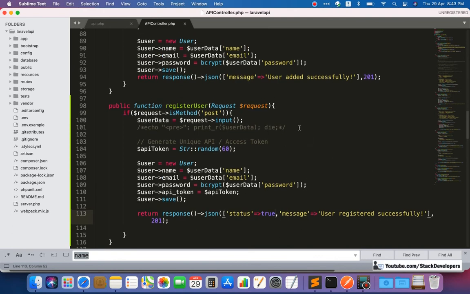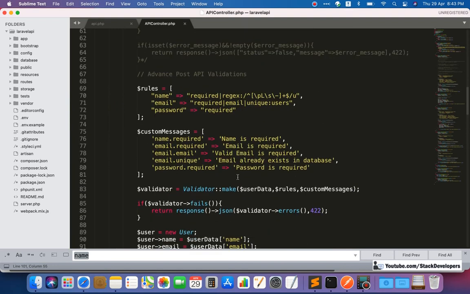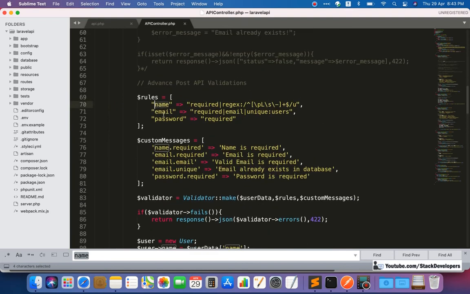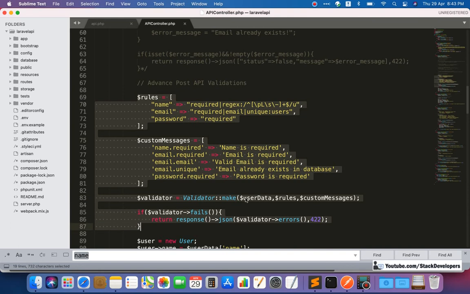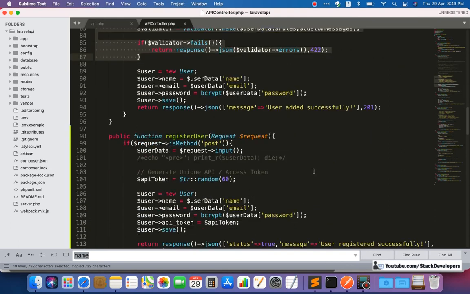But along with that we also need to validate our register API. So some of the rules for name, email and password we need to add. Some of the rules we have done earlier too many times, so I think there must be no issue at all. We will use the same rules that we have done earlier: rule for name, rule for email, rule for password. We have the custom message for all these rules as well, so you can use these rules. So I'm going to simply copy this one like this, and these all will work here as well.